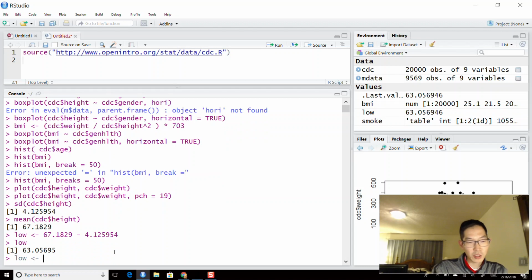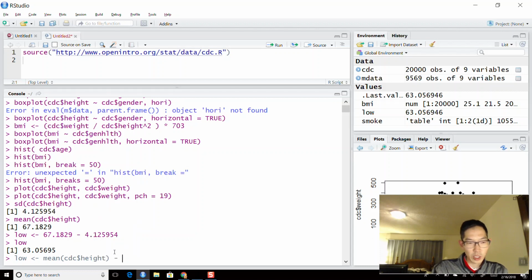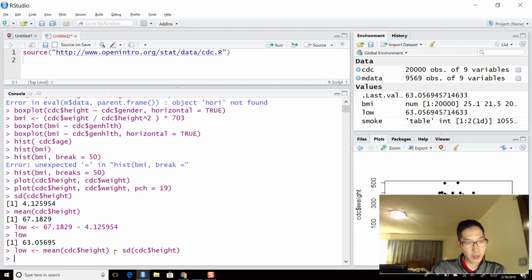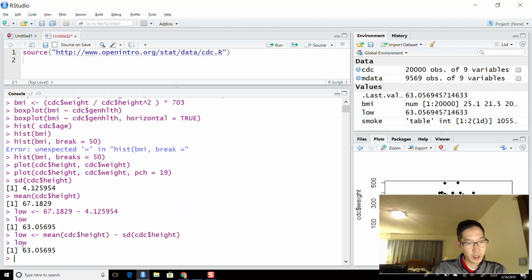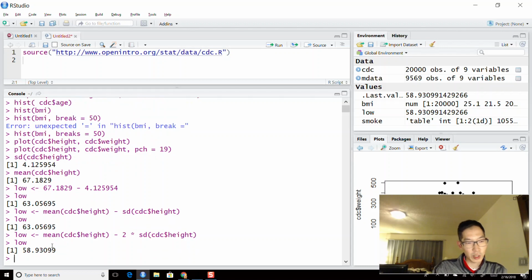I can also just compute this directly by saying what's the mean of CDC$height, subtract off the standard deviation of CDC$height, and my lower bound is that. And if I want to go down 2 standard deviations, I can do that also. I can just do 2, and my lower bound would now be 58.93. You do the same thing for the upper end, and then what you would then do is you would ask for,